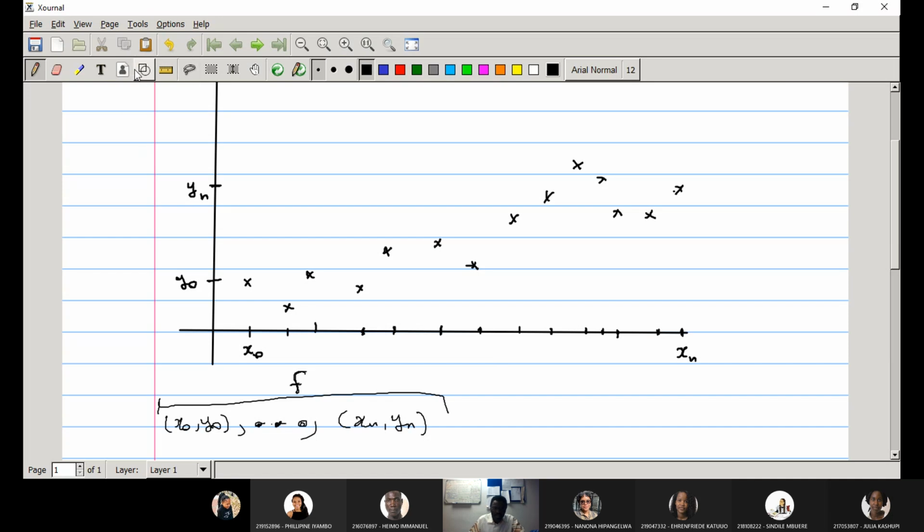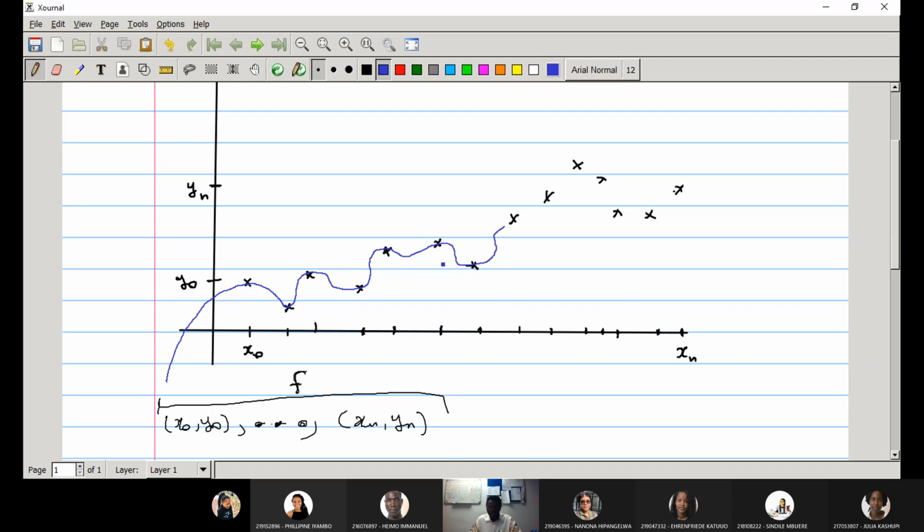Let me try to represent that interpolating polynomial. If I try to represent it, you will see that somewhere there will be very wide oscillation towards the end points, because that polynomial will try to pass through these points. It can come from below, or it can come from above, but it will be wide, because it will do that in order to pass through all the points. So we might have something like this, where the polynomial is really wide, and then it comes to go through, because remember that interpolating means that it passes through all the points. The polynomial would try its best to go through them, and for that purpose,